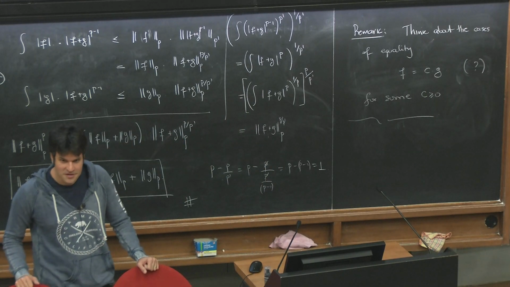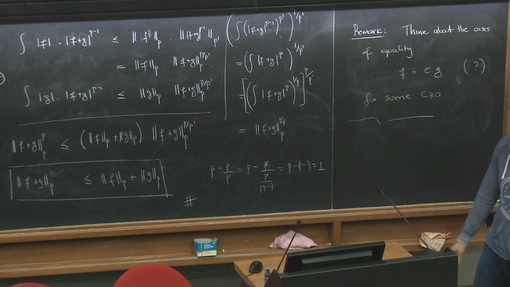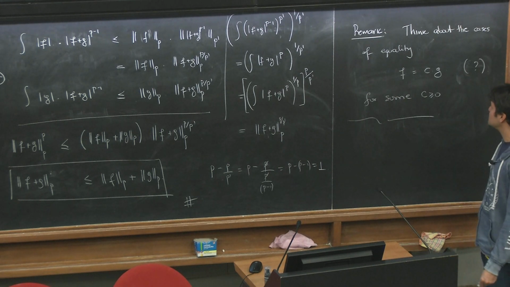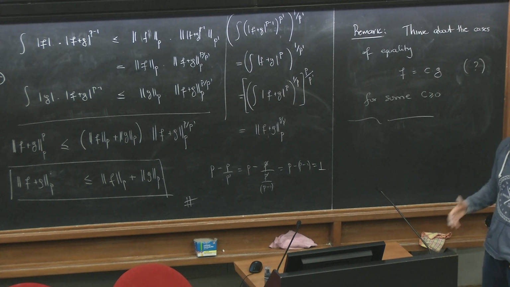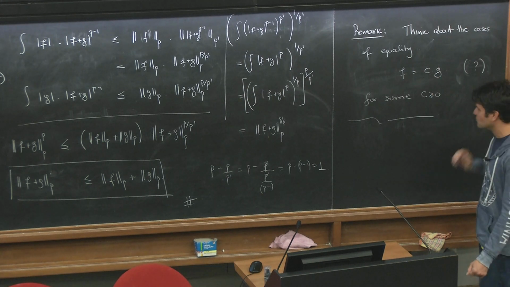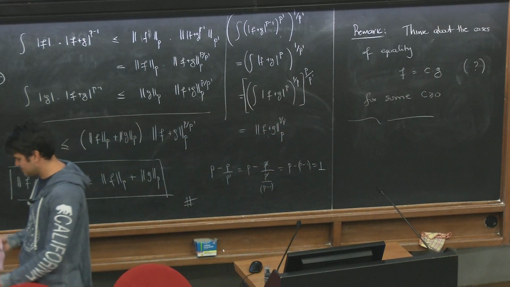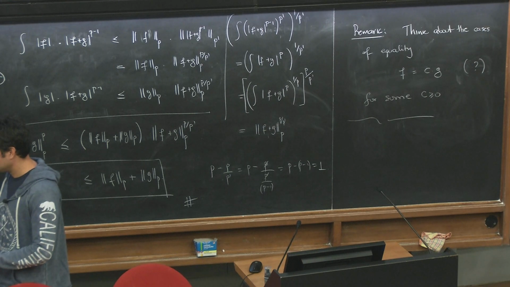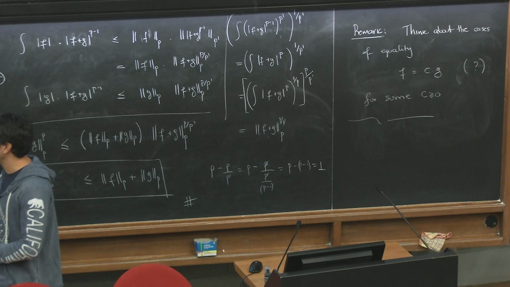This is sufficient, definitely sufficient, right? If you have F to be C times G, you can just plug in there and you see that the equality happens. My claim is that maybe this is true if and only if F is equal to C times G as equivalence classes for some non-negative C. This implies Holder's inequality because Holder's equality case occurs if and only if two vectors are collinear. That is true, but